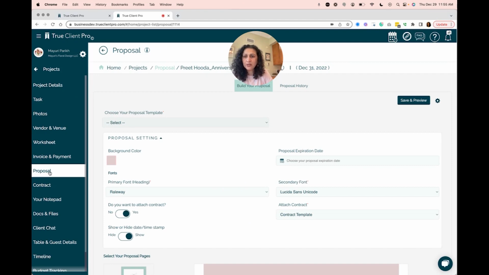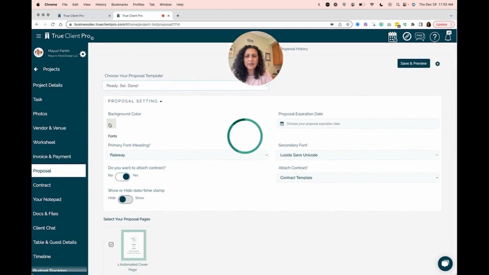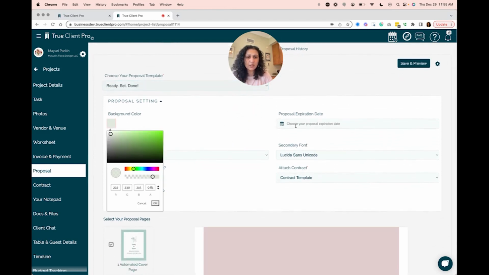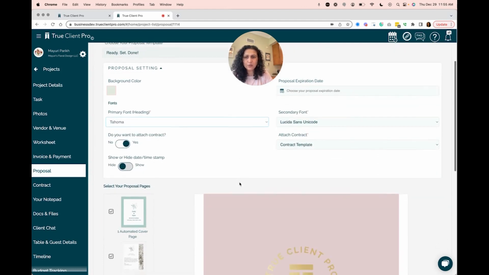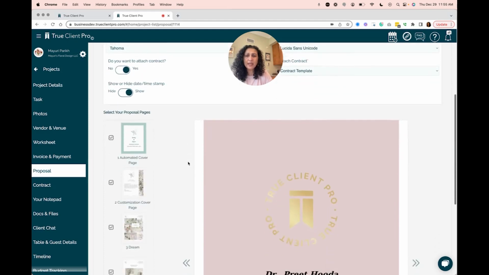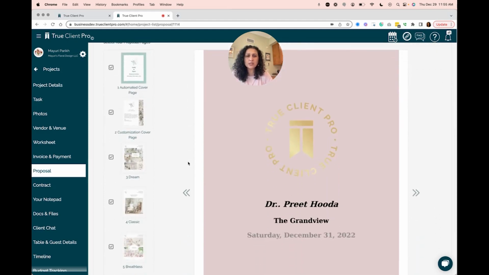Once we are in the proposal, you can choose the template and bring that template in, and then you can still change the background color. Now you can add the expiration date. You can choose your font, whatever you want to do. You can attach a contract. You can change the template if you wanted to, or you can actually just go ahead and keep it to the original. You can choose to show a timestamp, and now you can start